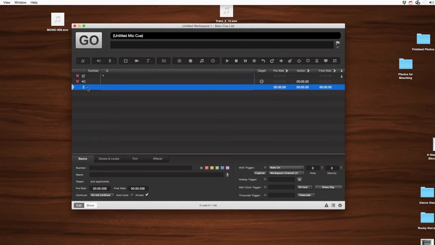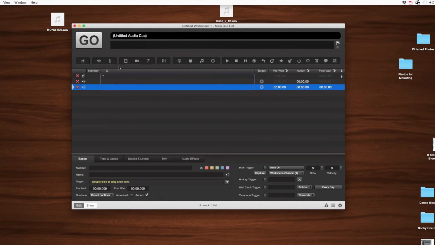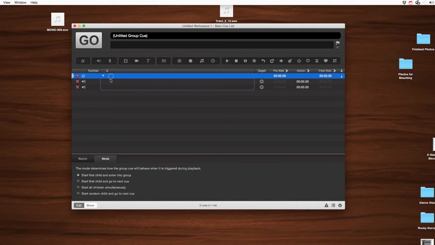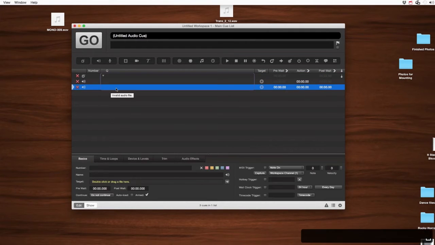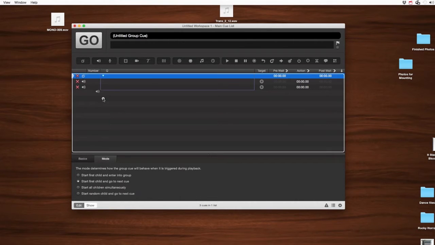Well, I don't want the microphone cue. To delete that, it's Command Delete. Grabbing another audio cue here. Once it goes into it, it's going to fire the first child and enter into the group. So you notice how it didn't shoot out, it went into the group and then just landed on the last cue. Now, if we go to start first child and go to next cue, and I'll set something up outside